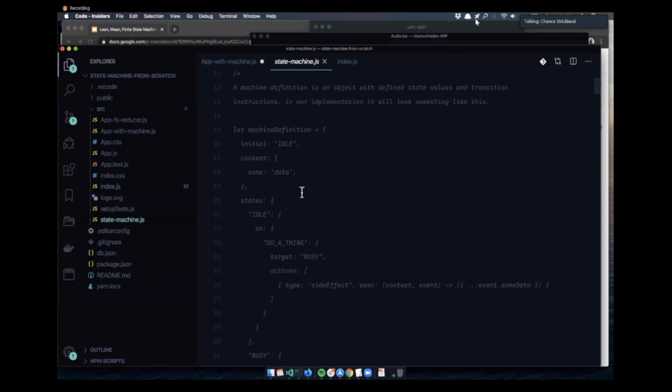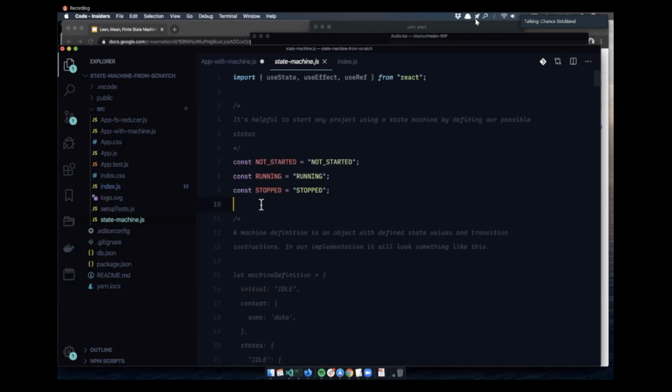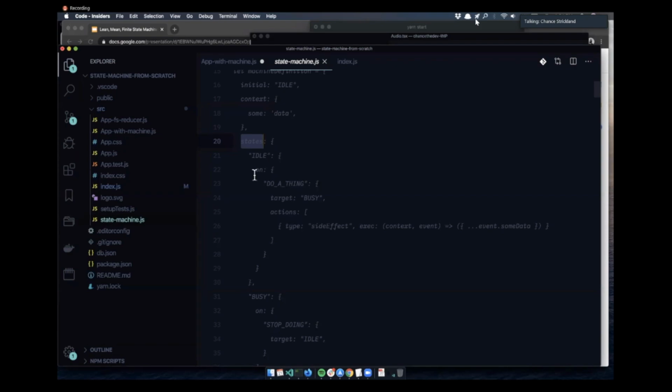So just as we would do with our app code, we start by saying, okay, our state machine has 3 states. It can either be started, it can be running, or it can be stopped. So we're using a state machine in our state machine, or at least concepts within our state machine, which is pretty cool, I think. And then we map out what our definition is going to look like with our API. Like I said, we're going to give it an initial state, some context, and we're going to define some states, and what's supposed to happen within those states